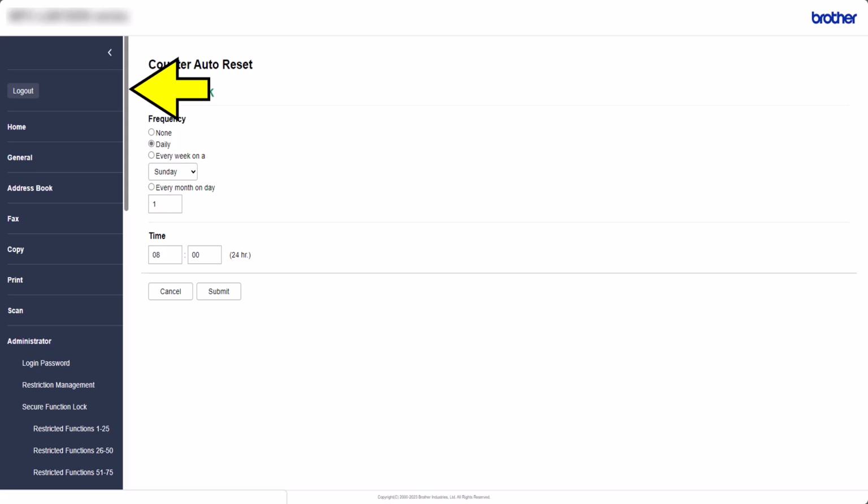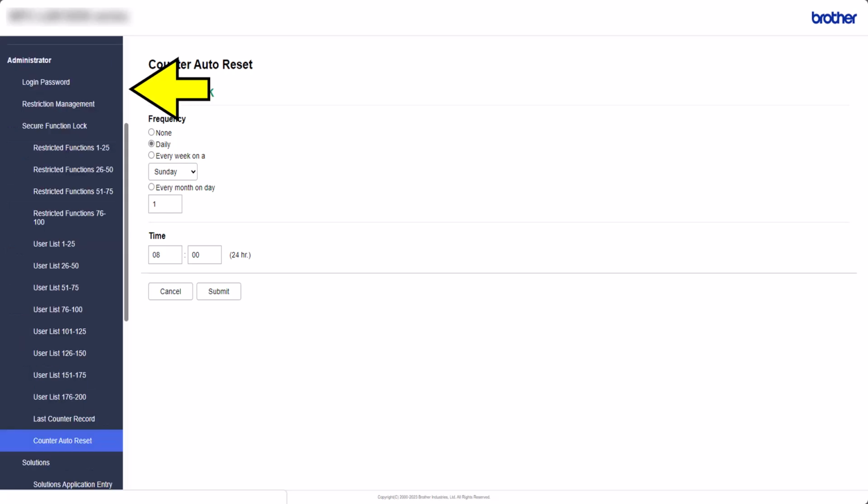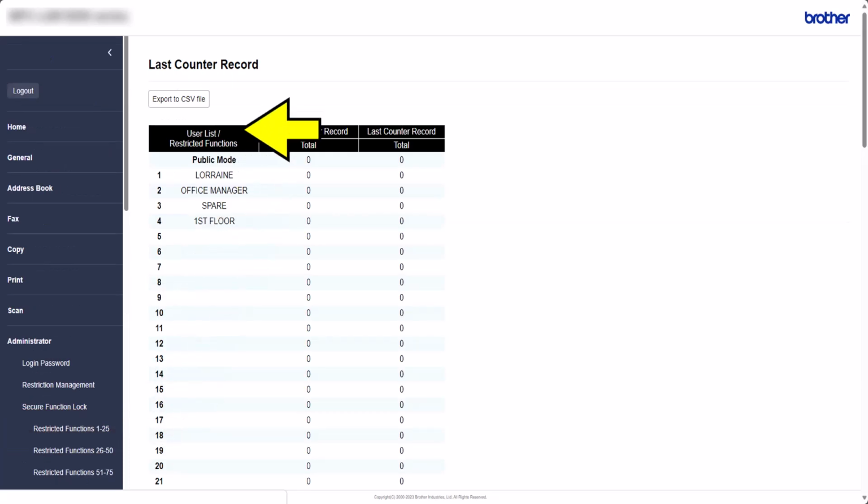Now let's look at the last counter record. Scroll down the page. Select Last Counter Reset. Here gives the administrator the totals for all users and groups. Current counter shows page count from the current pages printed, copied or scanned.